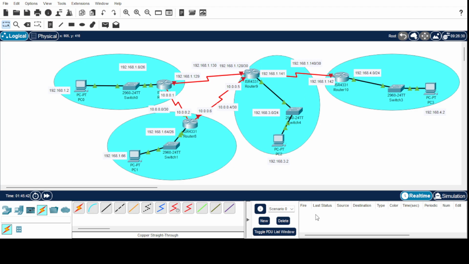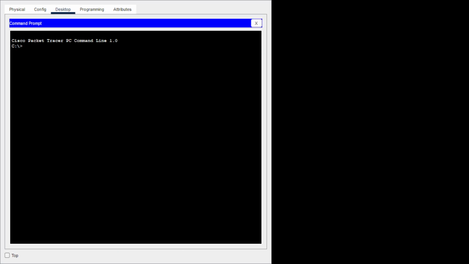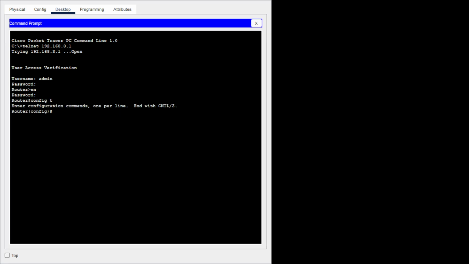So PC number 2, its gateway telnet 192.168.3.1, admin, enable, Cisco, config t, interface SE 0/1/0,